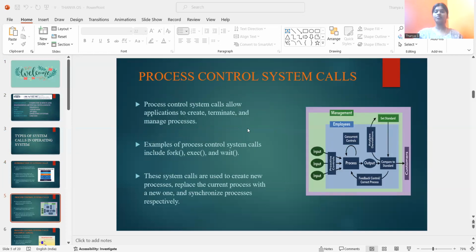The first system call is process control system calls. Process control system calls allow applications to create, terminate, and manage processes. Examples of process control system calls include fork, execute, and wait. These system calls are used to create new processes, replace the current process with the new one, and synchronize processes